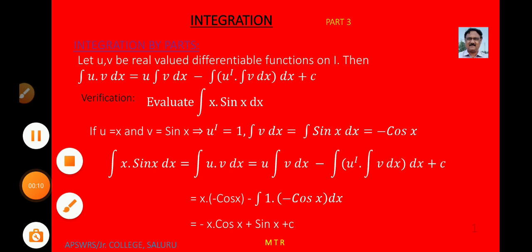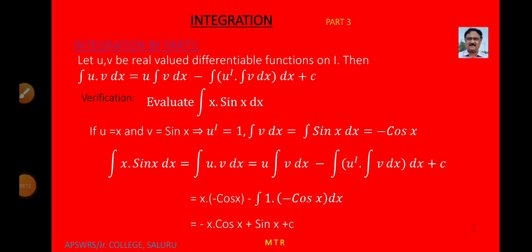Today we discuss integration by using integration by parts. Integration by parts means